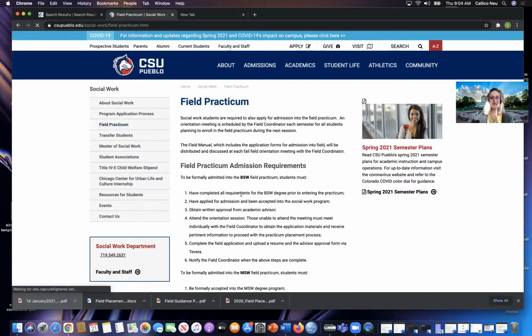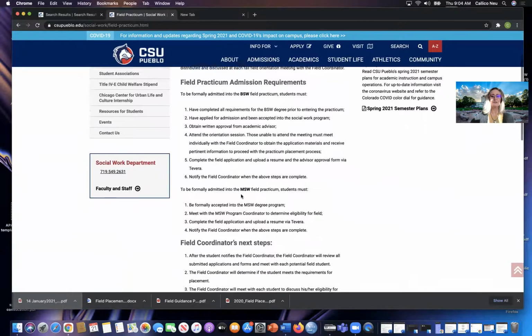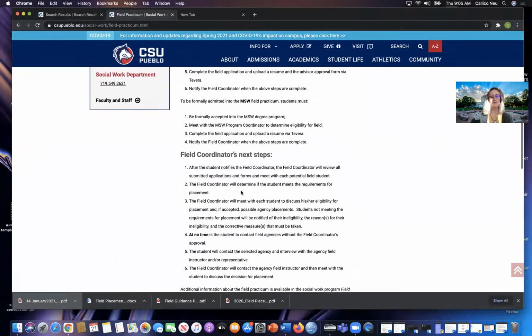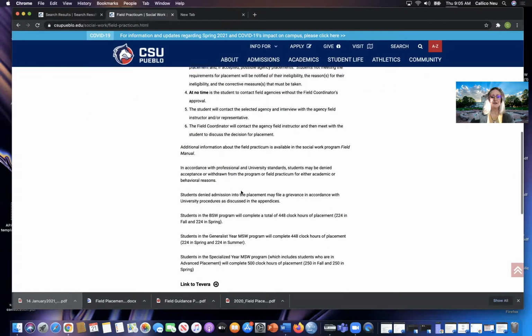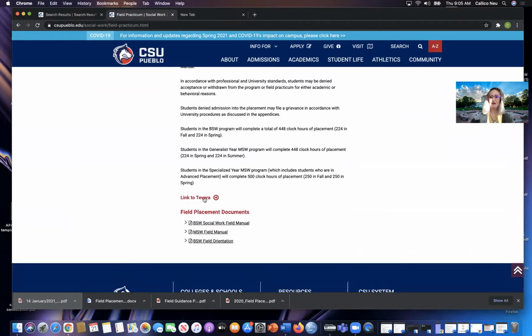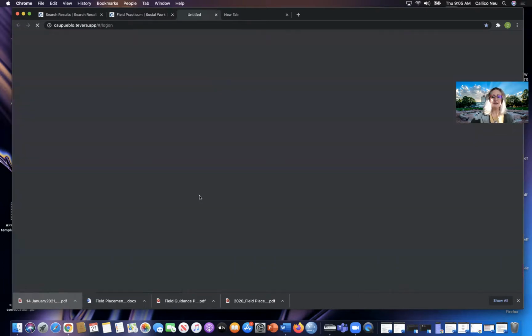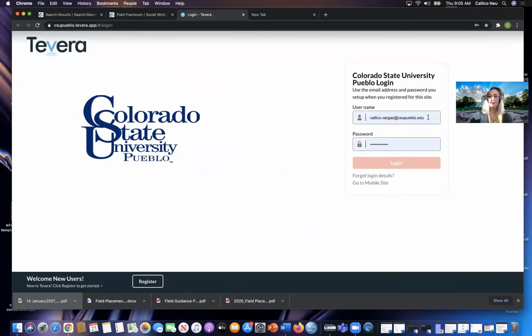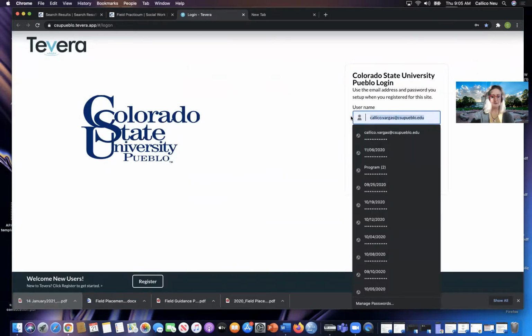And then down, if you scroll, it gives you information about our admission requirements, our coordinators, next steps. Here's the link to Tevera at the bottom. And we also have our field placement documents down here, which would include our MSW field manual, and we'll soon include also our field orientation for the MSW program. But I'm going to click on Tevera's link, and then we're going to go in, and what you would do here at this point is put in your